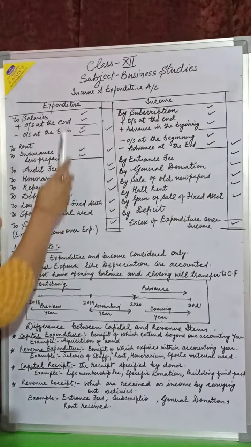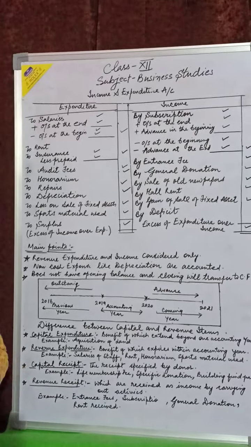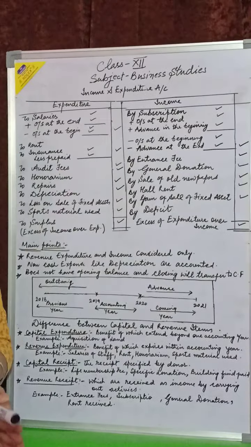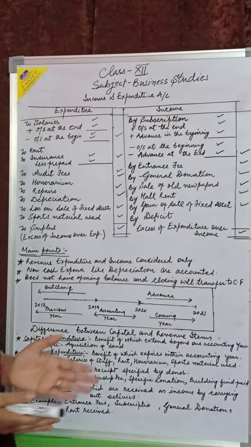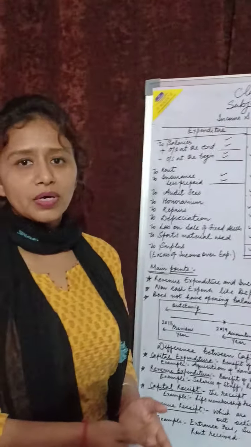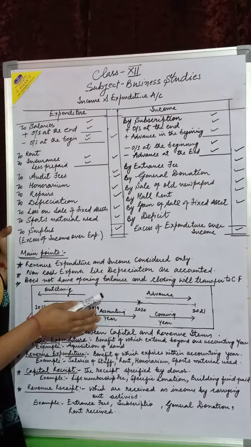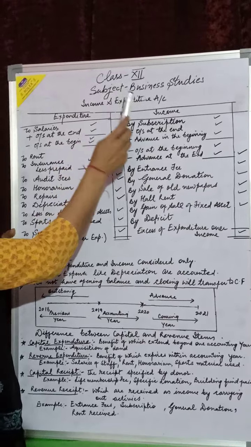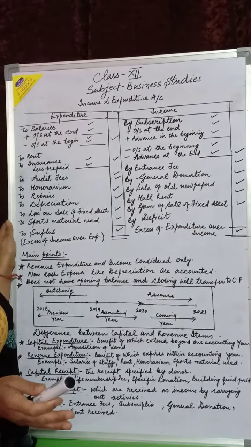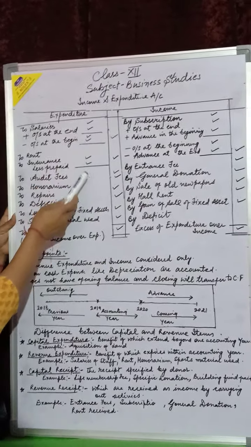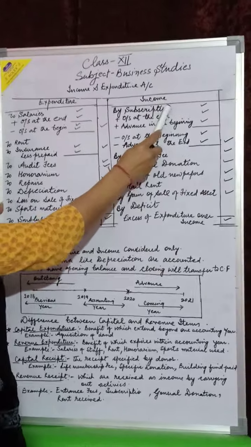Now, as the name suggests, that is the income and expenditure. In the normal course of action, when we prepare the final accounts, we prepare the P&L account and the balance sheet. But here, because there is no profit concern, instead of the P&L account, we are going to prepare the income and expenditure account. The income and expenditure account is just like the P&L: on the debit side we have expenditure, on the credit side we have the income.